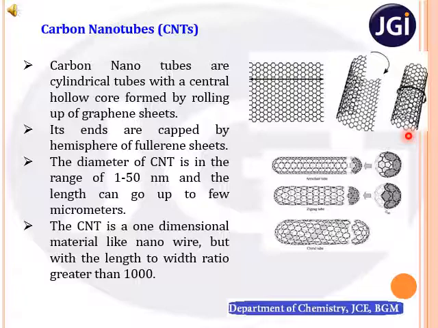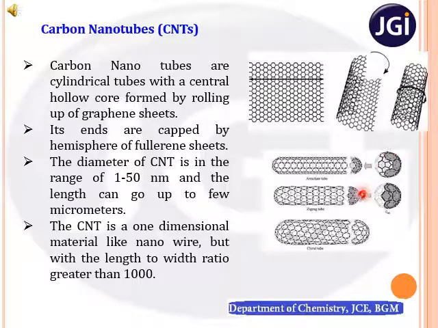It is also an allotrope of carbon, containing only carbon atoms. It is nothing but graphene rolled into a tube-like structure. That is why it is called carbon nanotubes. The ends are capped by hemispheres of fullerene sheets. So look at figure 2. When you roll the graphene sheet, it becomes a tube or pipe-like material. Just imagine a PVC pipe, electrical pipe or water pipe. The end of the pipe can be capped using a hemisphere of graphene sheets as shown in this figure.